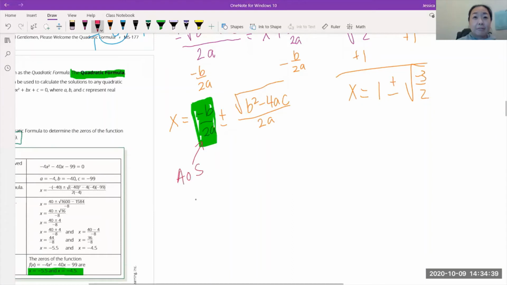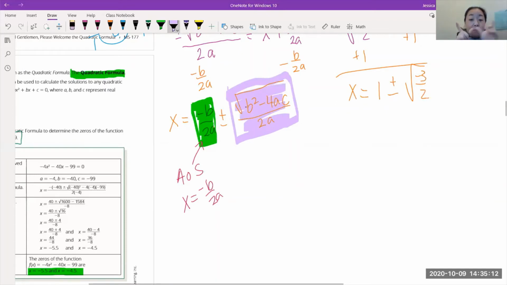That's our AOS. Remember when we did standard form? We said x equals negative b over 2a. That's literally the axis of symmetry, right? Which makes sense, because once we have the axis of symmetry, the roots are the same distance away, because it's symmetrical. The whole point of the axis of symmetry is that it's symmetrical on the left and right side of that axis. So that's the axis of symmetry, which means that this guy right here